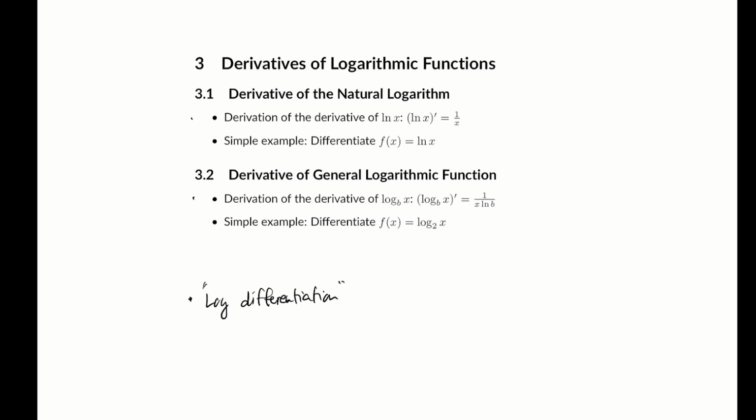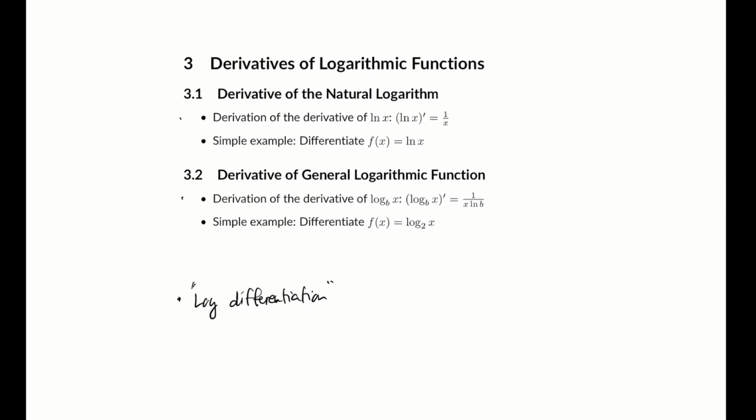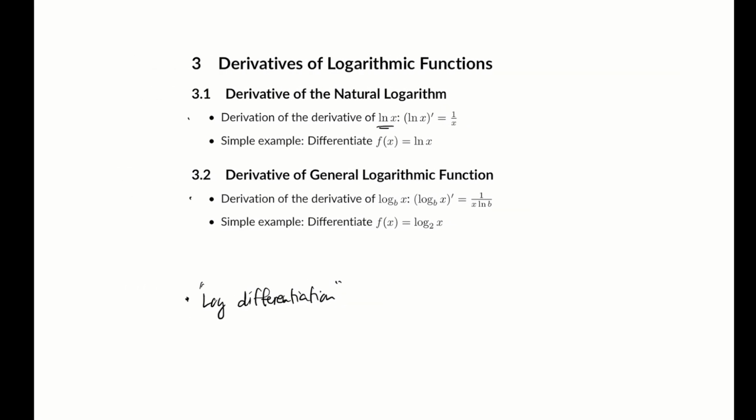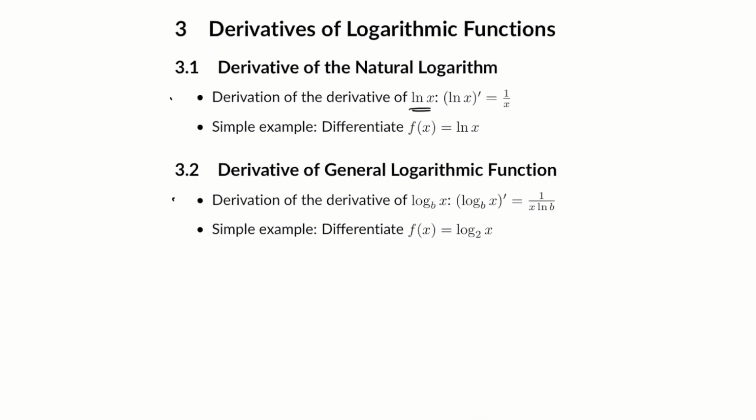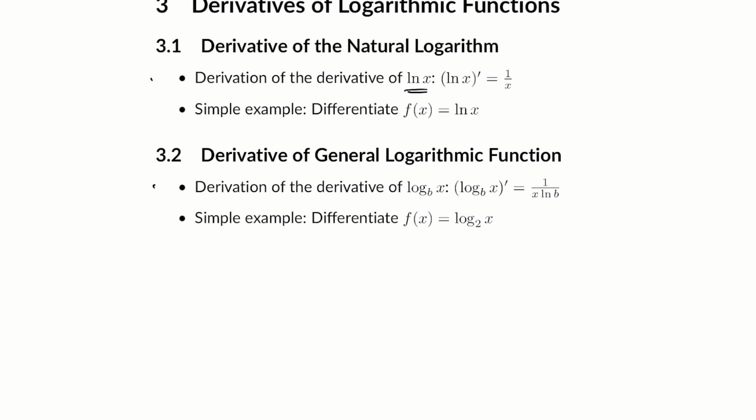So how do we differentiate these things? And again, what is the point? The point is to be able to study the instantaneous change. First, I'll show you quickly how we come up with the derivative of the natural log of x. This is in that note that you saw before using the inverse idea. And I'll show you kind of a quicker proof